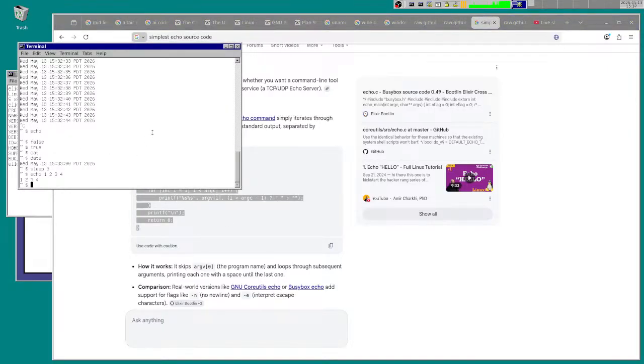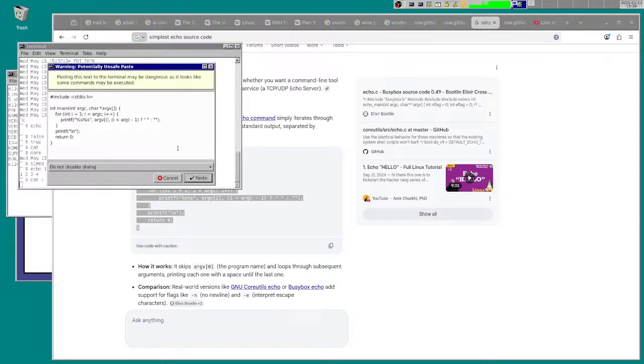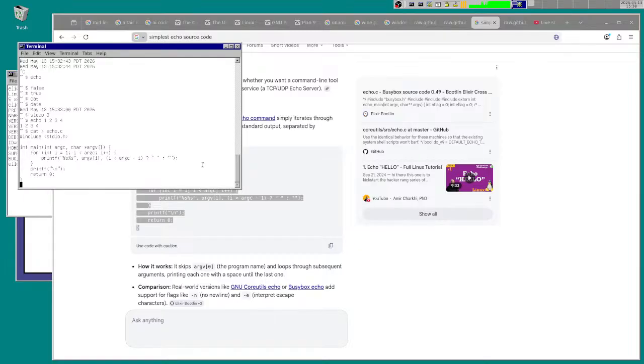What we can do is cat this into our own echo. The cat program, when I type something into it, outputs it. I'm going to redirect the output to a C source file that I'll call echo.c. Then I'm just going to paste this and press Control D.